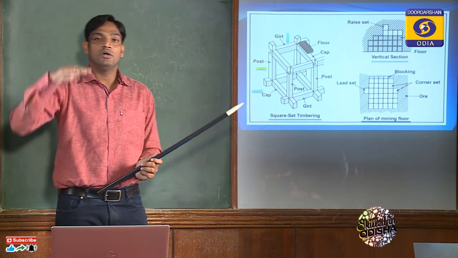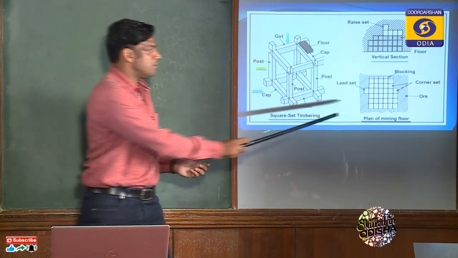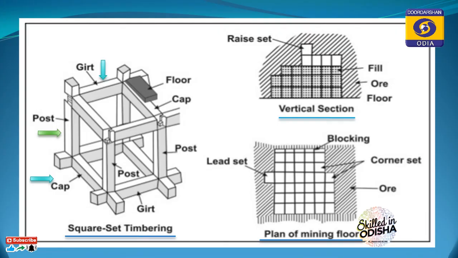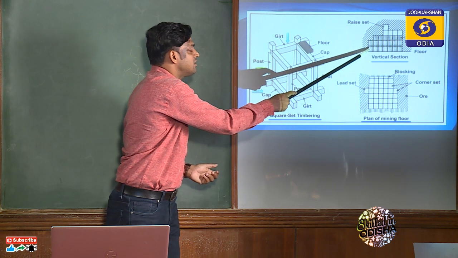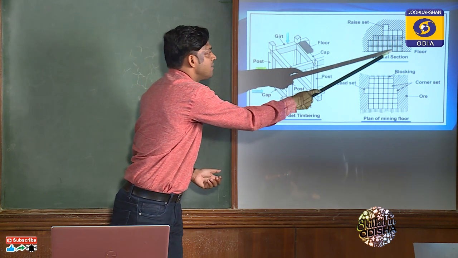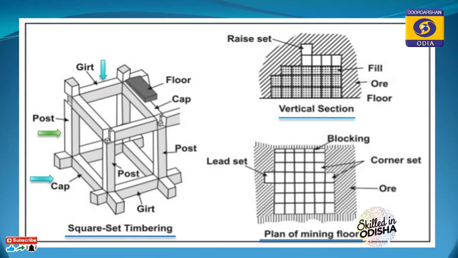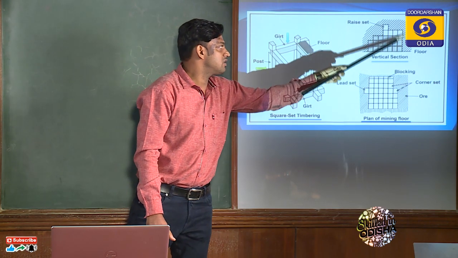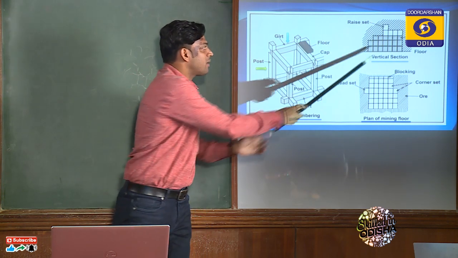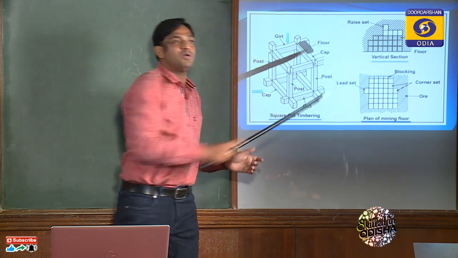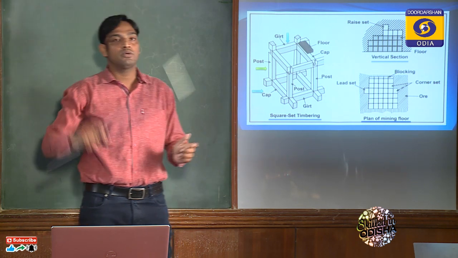If we look at the lower level from the top, that is the plan of the mining floor, it will look like this. These are 1 2 3 4 5 6, the number of square sets looking from the top. And if we lift the vertical section, it will look like this: 1 2 3 4 5 6 7 in the lower bench. In the second bench, 1 2 3 4 5 6 7. These are occupied by the broken ores. From somewhere here, we take all the ore to the ore bin, and we start loading the mine cars, and we will supply to the surface.